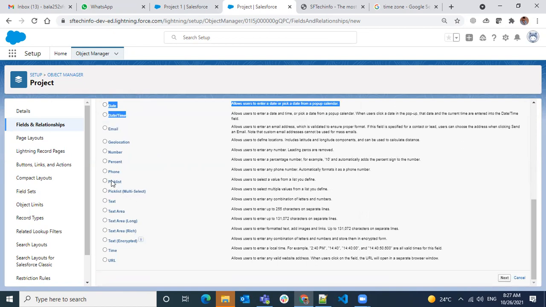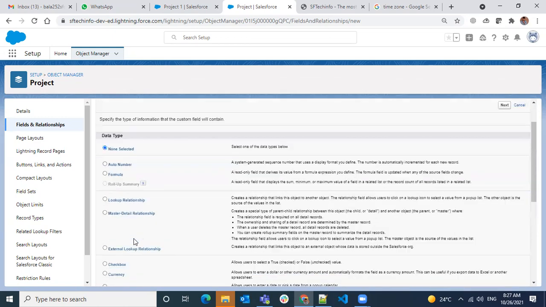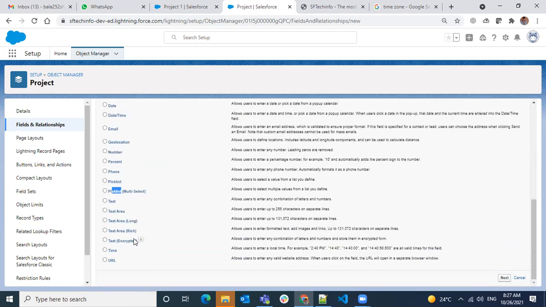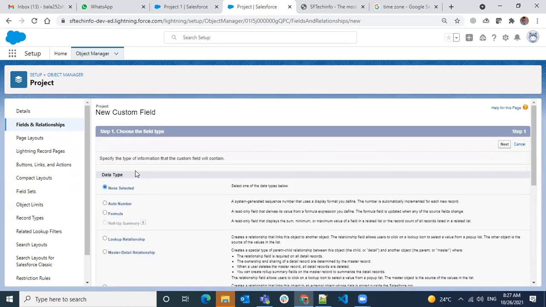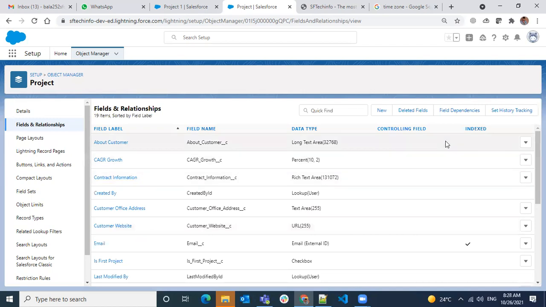Okay, so tomorrow mostly we're going to cover pick list and multi pick list. There's something called a dependent pick list. I will show the dependent pick list and auto numbers, and then we can start with formula if time permits. You see there's a field dependencies feature.